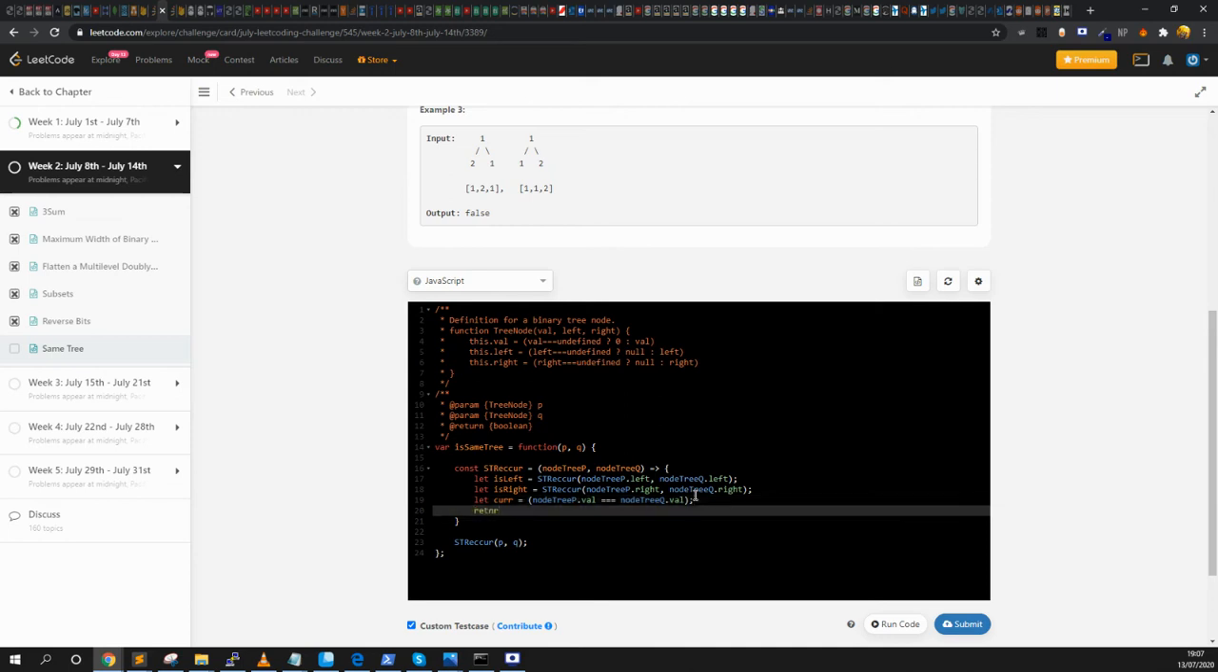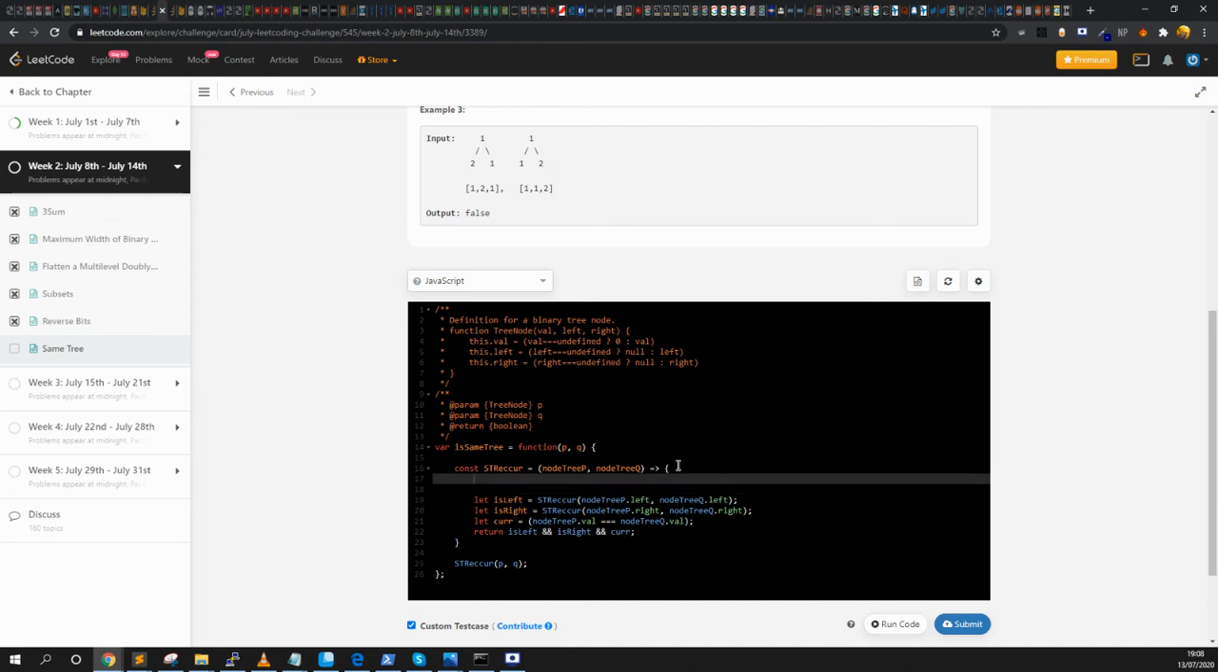So what would I return? So I would return left and right, and return, and my base condition would be if